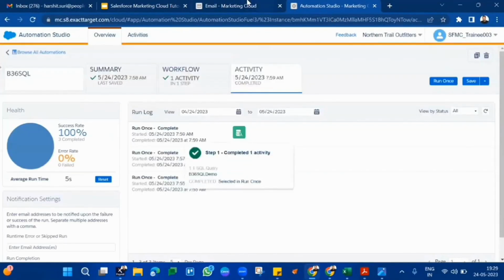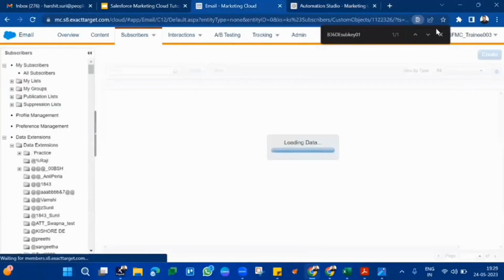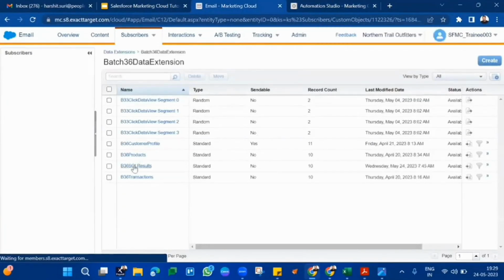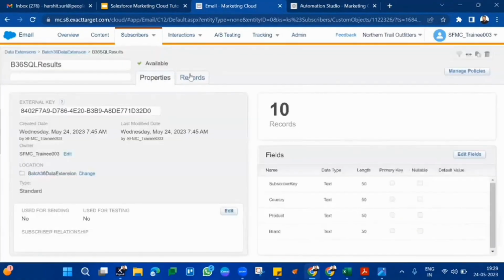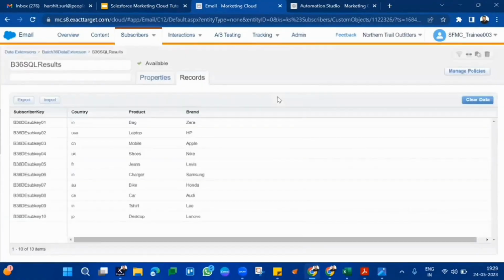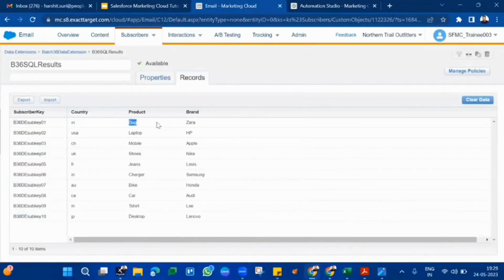So it ran successfully. And then if we go and see the data extension which we have built for SQL, we got 10 records. Those records are the combination of 3 data extensions: subscriber key, country from the profile data extension, product from transactions, and brand from